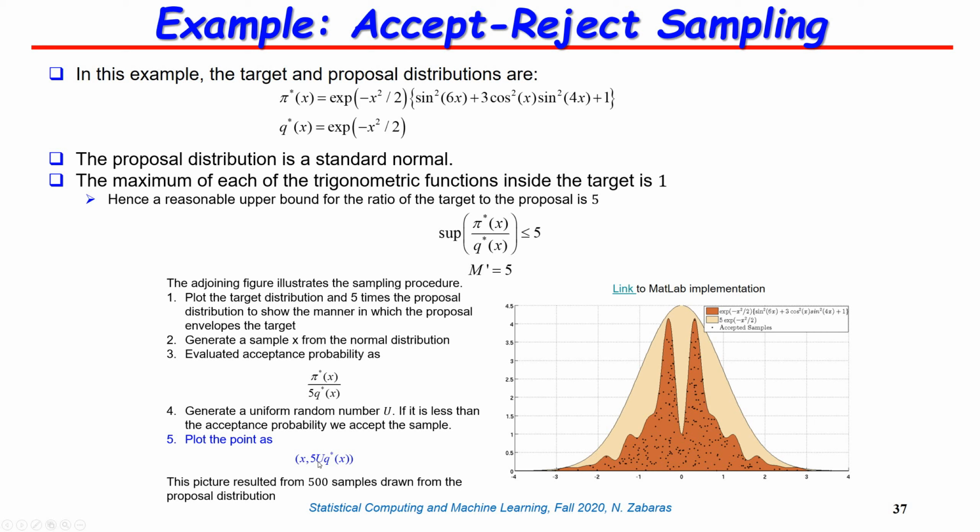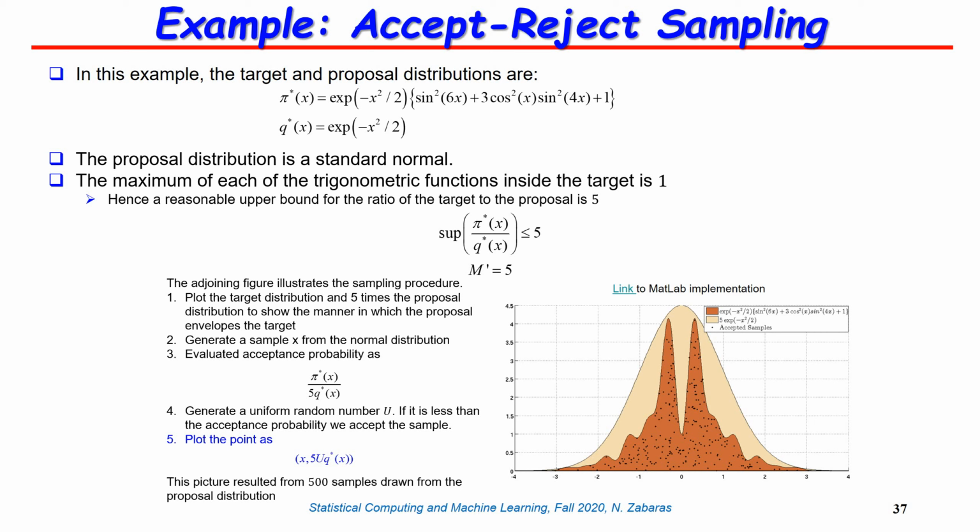So literally what I am doing here is taking the points x that I sample and the corresponding values of m, which is 5, times my uniform sample, where U is the sample from my uniform distribution from 0 to 1, times q star of x. Q star is my standard Gaussian here. So if these points fall underneath this complicated pi star distribution, then according to the rejection algorithm I accept. If they fall above,